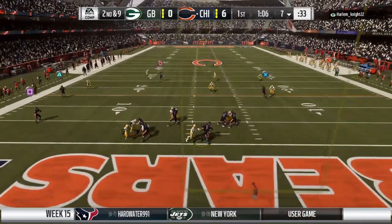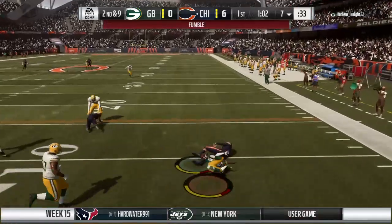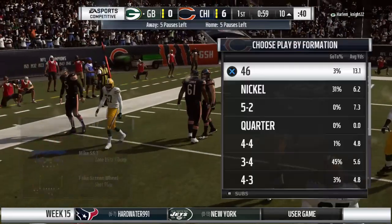Bortles to throw on second down. They tried a quick hitter inside, but that one was swallowed up. Now he's hit, and Bortles fumbled. It's loose. And they're set up in a golden position here right around the...